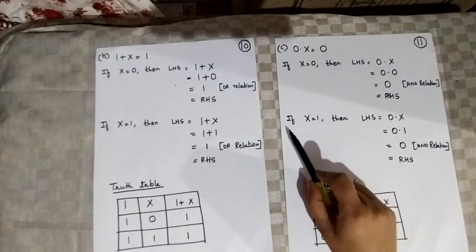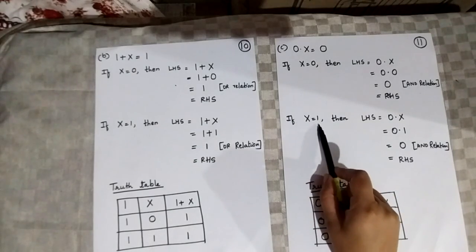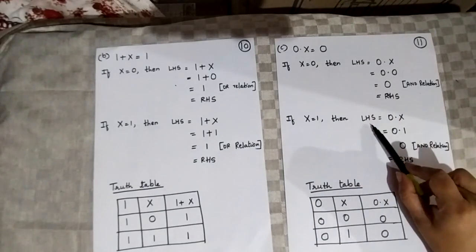Next, if x is substituted with 1, then left hand side. So 0 dot